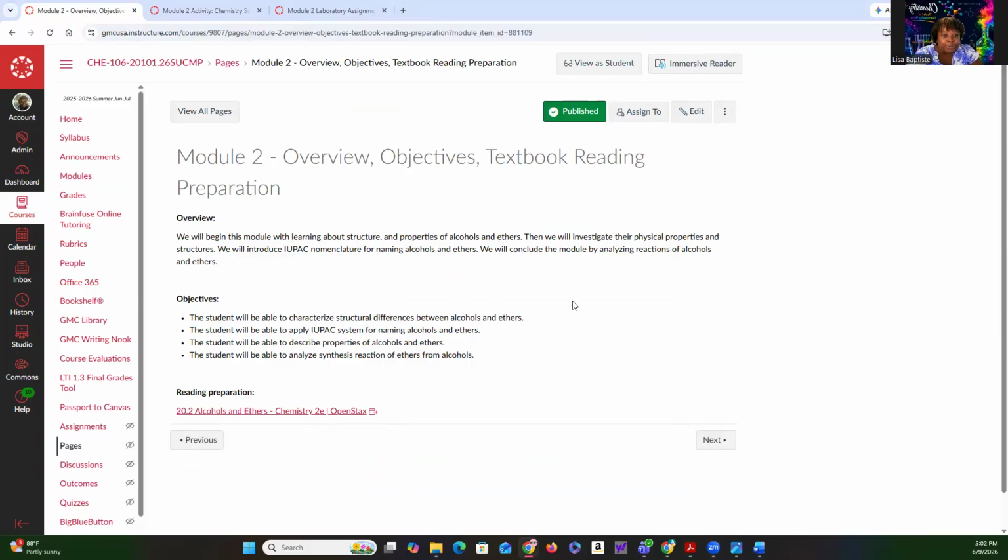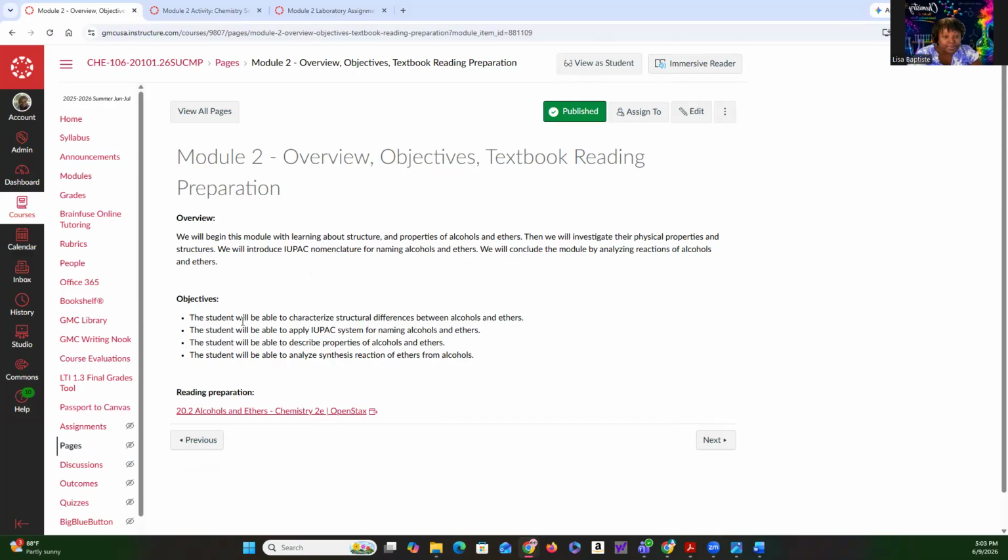So the overview, we will begin this module with learning about structure and properties of alcohols and ethers. Then we will investigate their physical properties and structures. We will introduce IUPAC nomenclature for naming alcohols and ethers. We will conclude the module by analyzing the reactions of alcohols and ethers. Now, IUPAC is just the standard way for all chemists across the globe to do nomenclature or naming of our